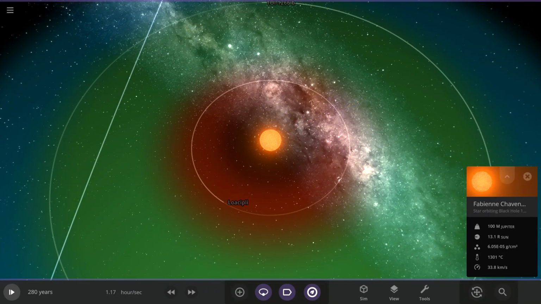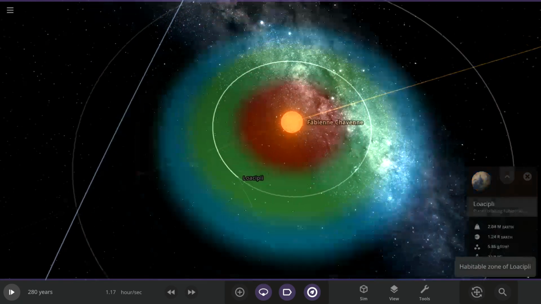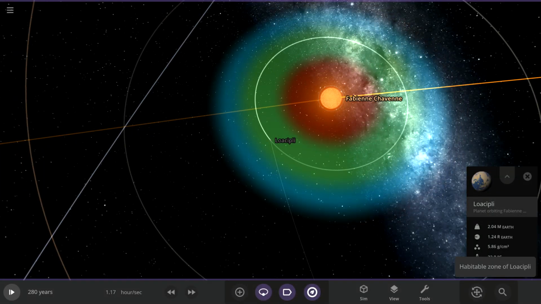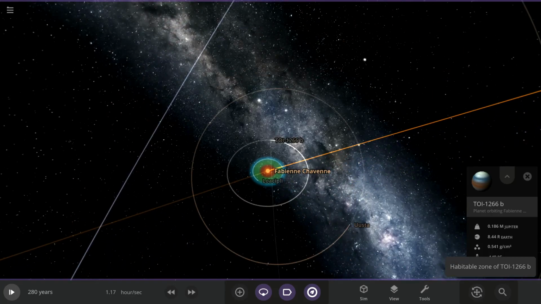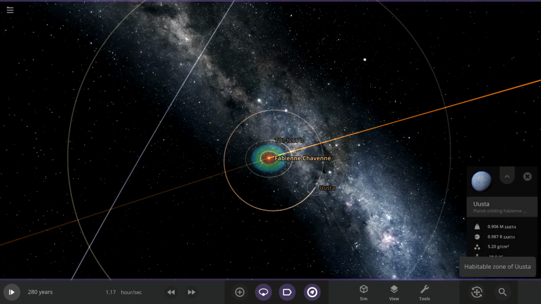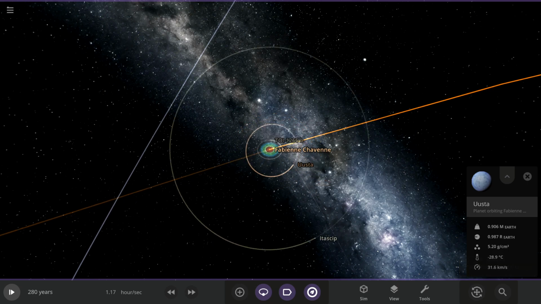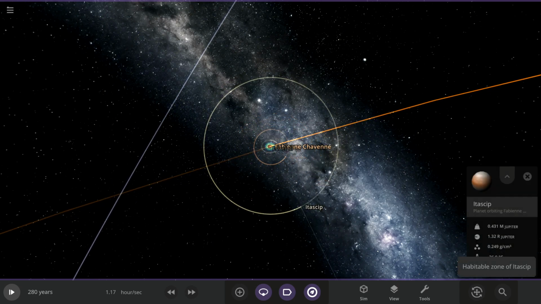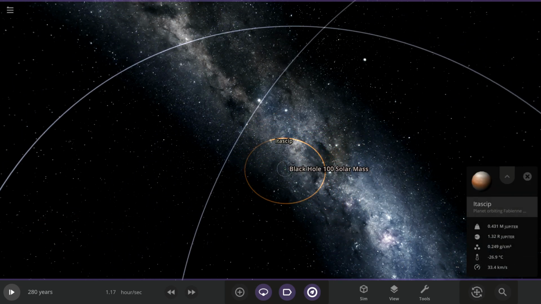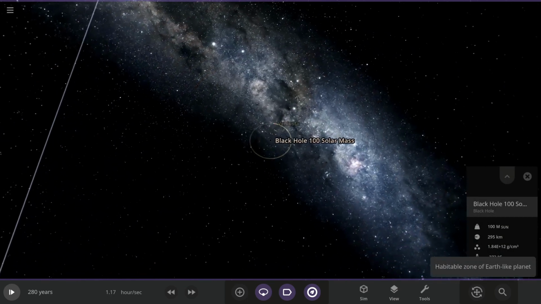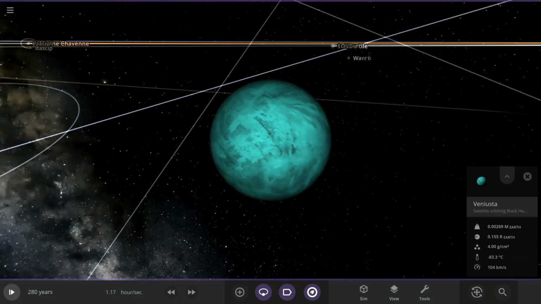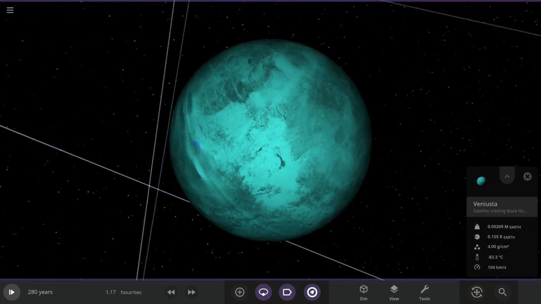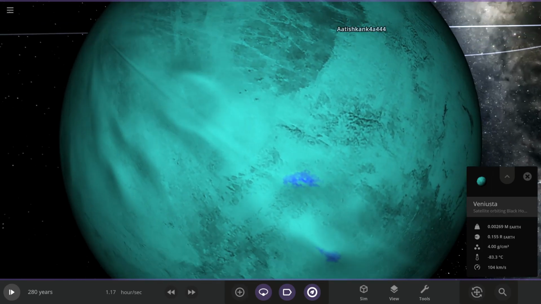And then Fabienne Chaven with the super red dwarf. Wow. Okay. With some planets habitable. Yep. A random known planet, I think. Osta and another gas giant. Got it. And then finally, we have this cool planet which was meant